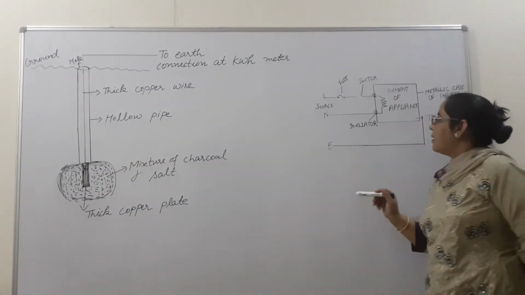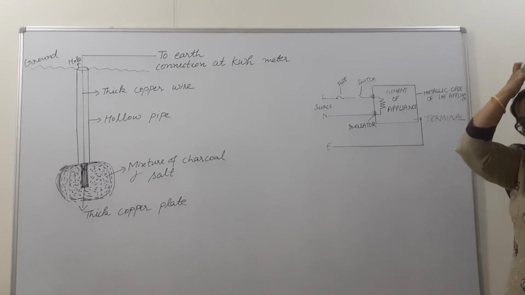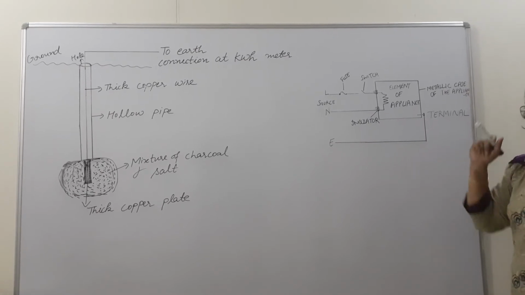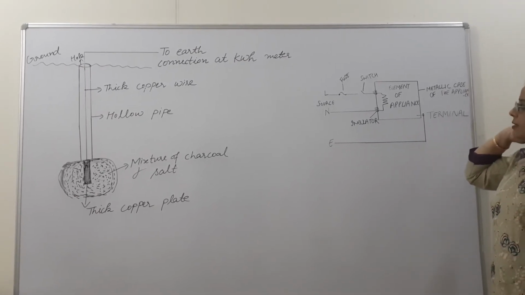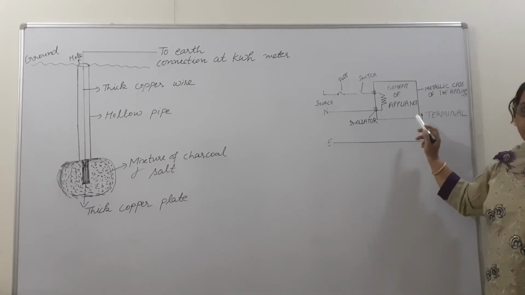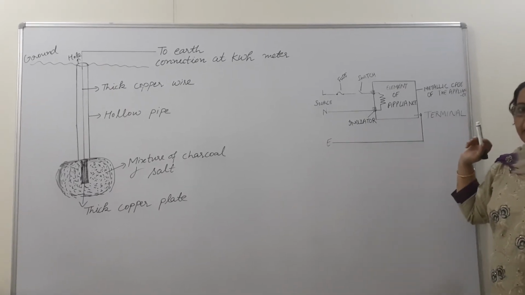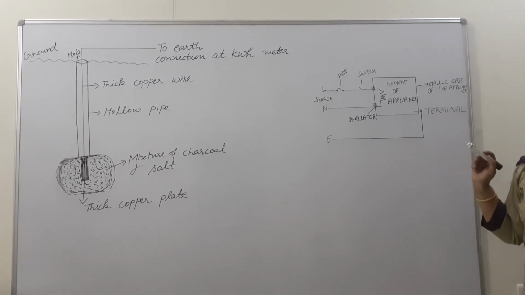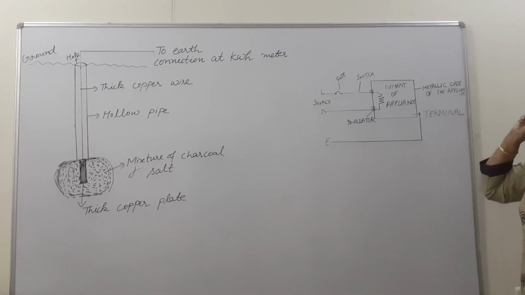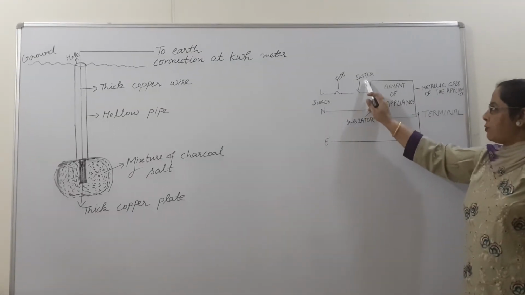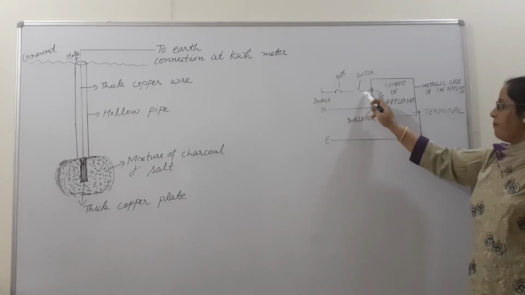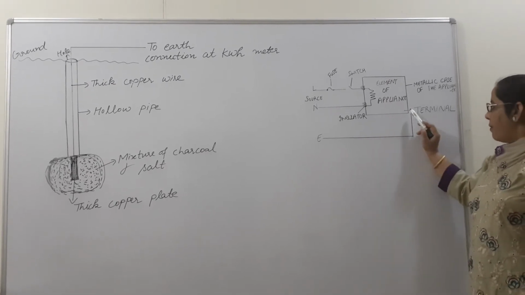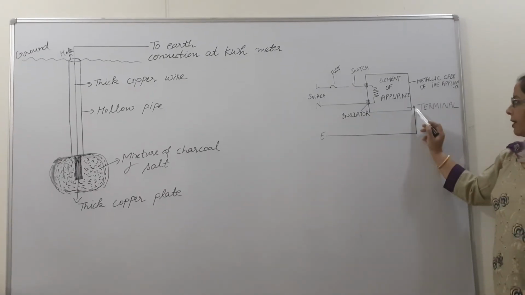Then after that, beta, next are some appliances that we handle physically. Physically means those which we handle with our hands, so those appliances must also be earthed, because earthing is the safety device. If heavy current is there, that current will flow to the earth. For that, beta, we know that a fuse will be there, a switch will be there, which are attached with the live wire. Then with the metallic case of that appliance, they have given one terminal. With that terminal we are